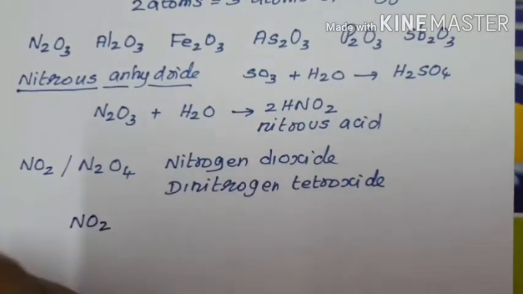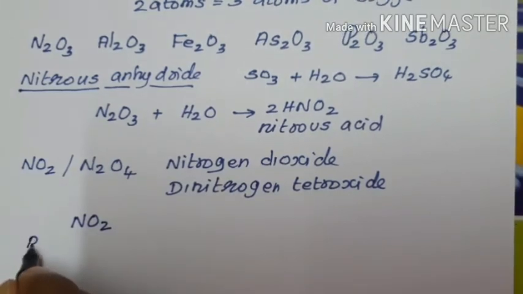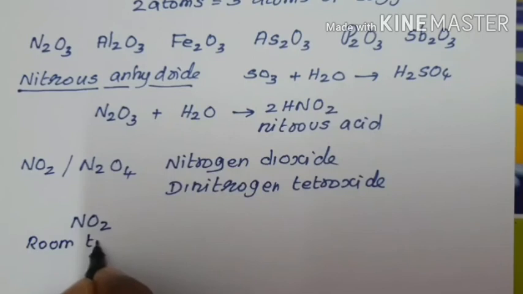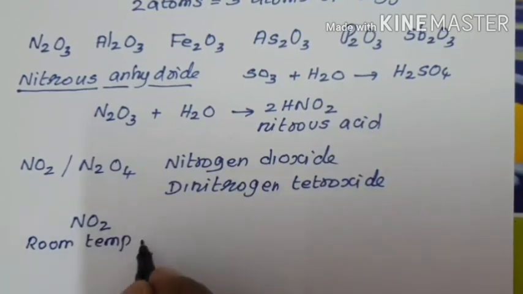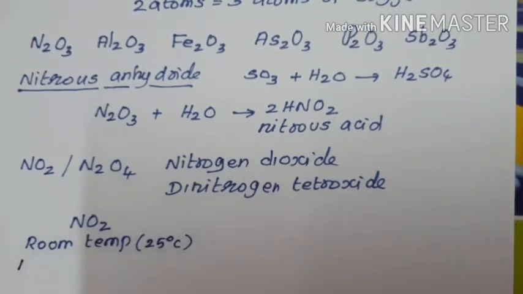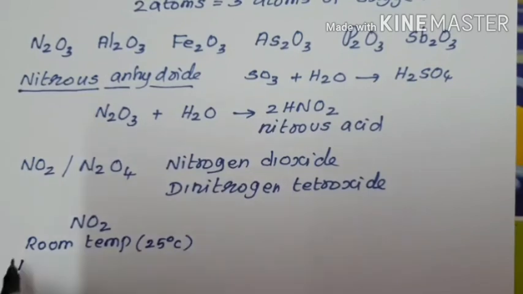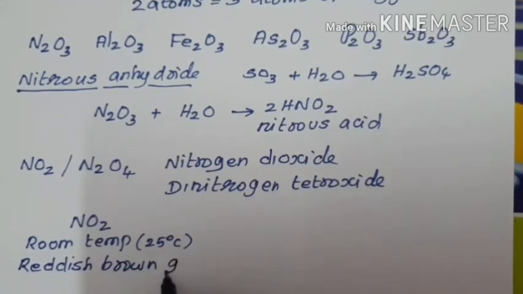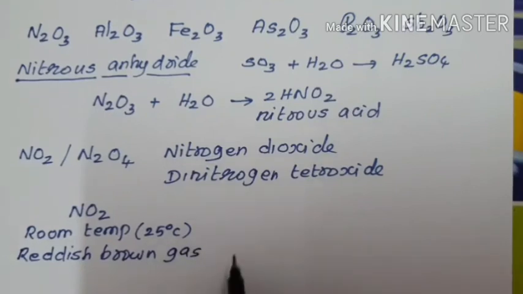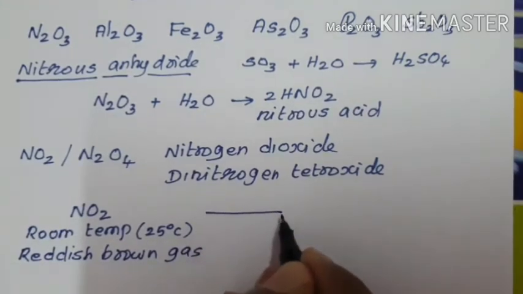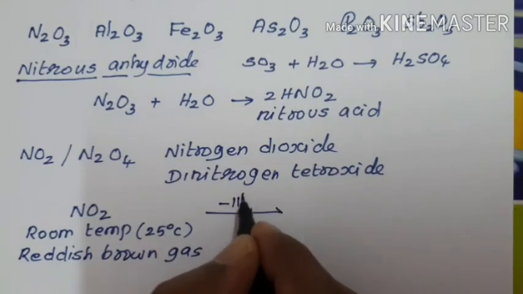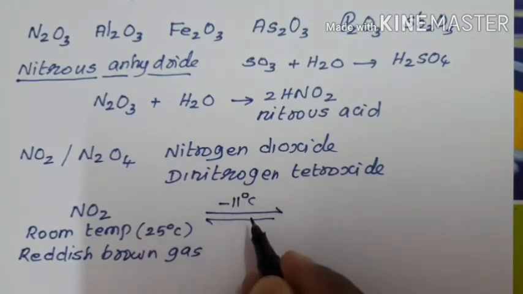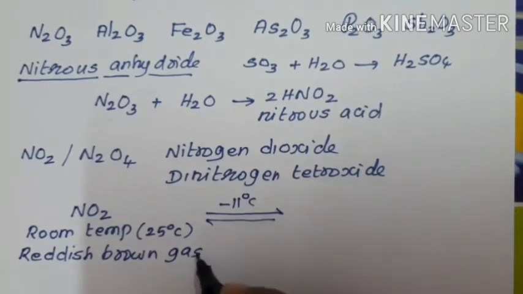NO2 at room temperature, that means at 25 degrees Celsius, is a reddish brown gaseous substance. When the brown gas is cooled to minus 11 degrees Celsius...